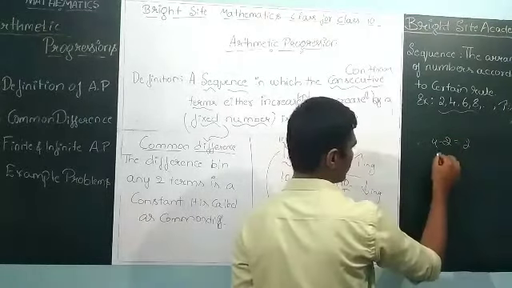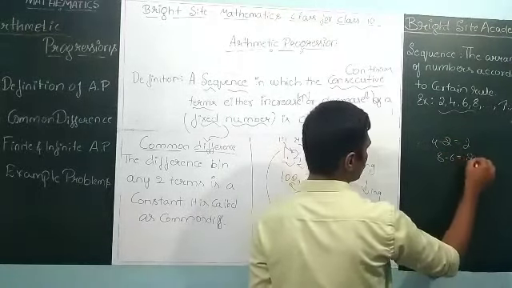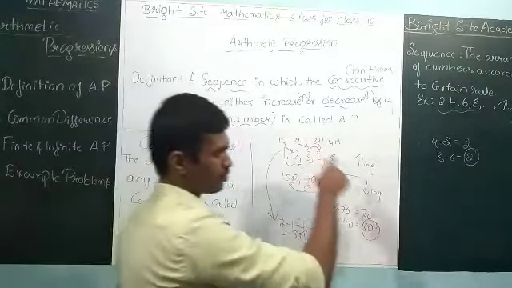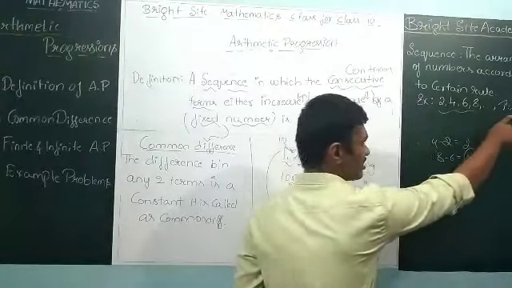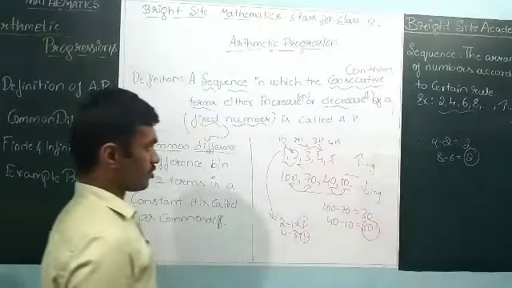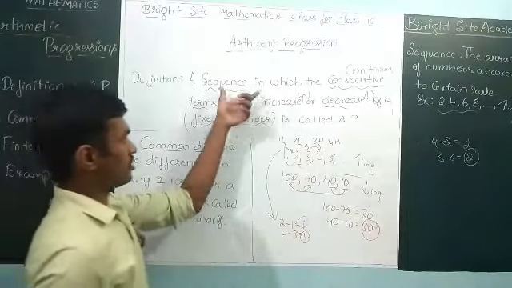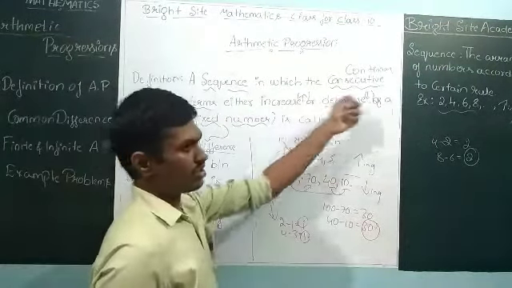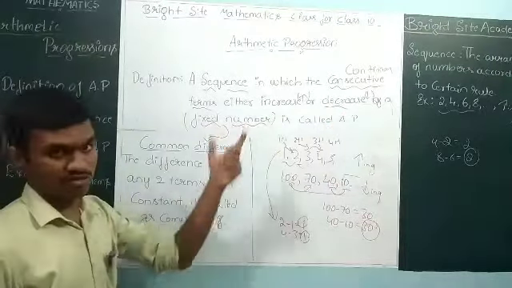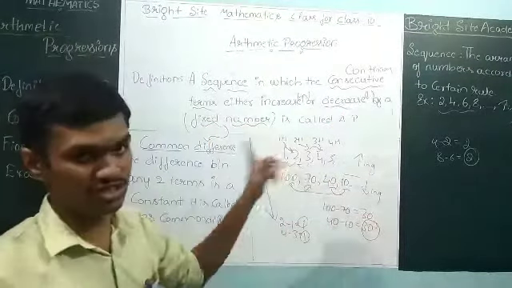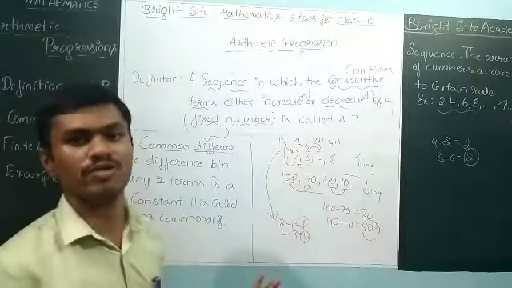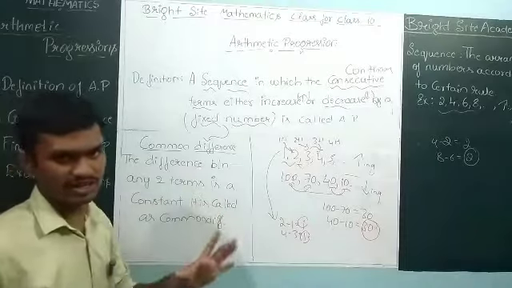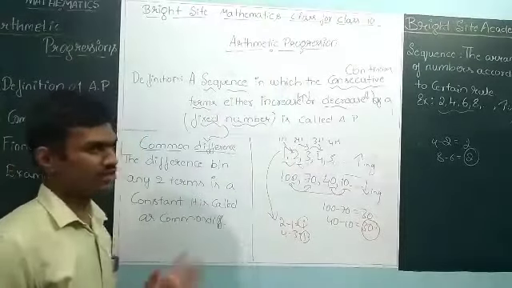Or let us take that 8 minus 6 is equal to 2. So here 2 is a fixed number. Due to that 2, the function is increasing, right? So here the sequence is consecutive terms which should increase or decrease by a fixed number. You need to observe here, without this fixed number, it should not be an AP. So here the fixed number, that is the common difference, is very, very important in this sequence, right?